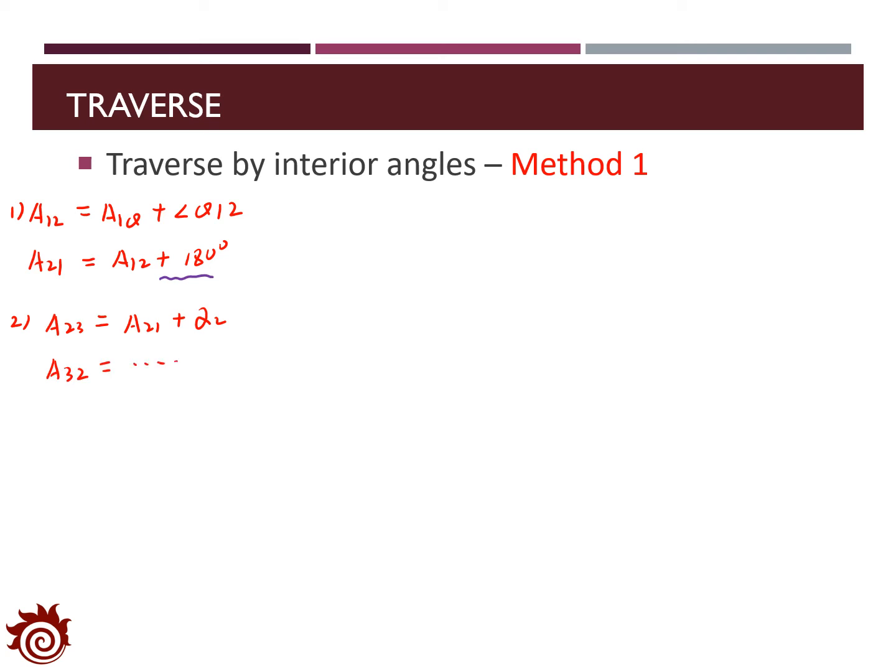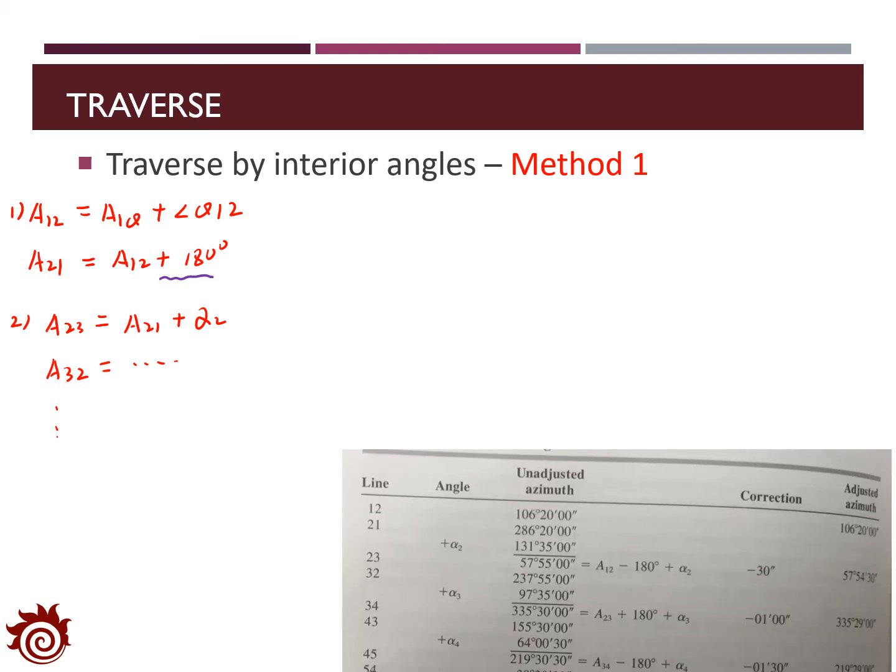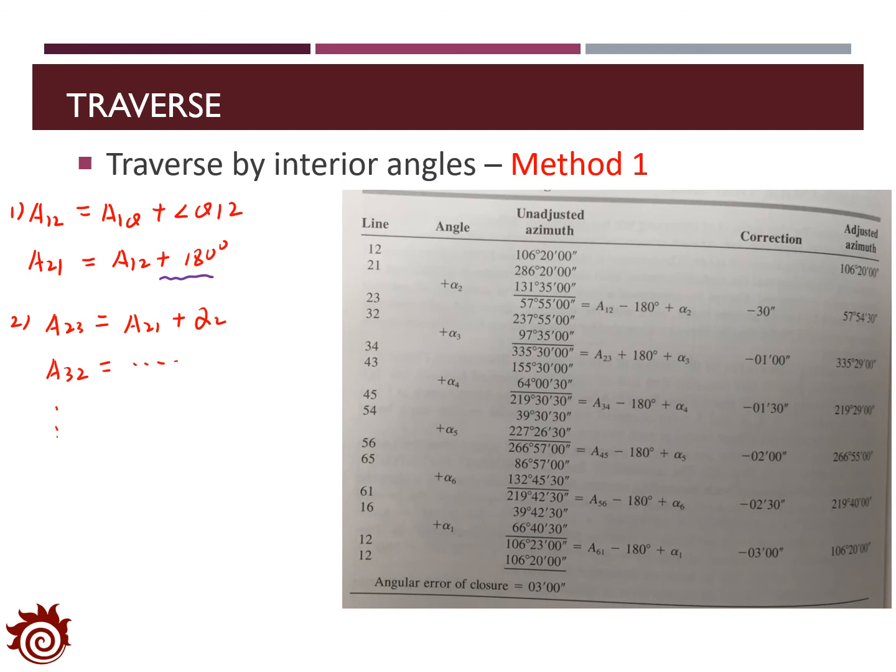Similarly, you can apply the same procedure for the other steps. You will find A34 and A43 and A45 and A54 until you reach the point 1 again. The table on the right summarizes the calculation to find out the azimuths of all the